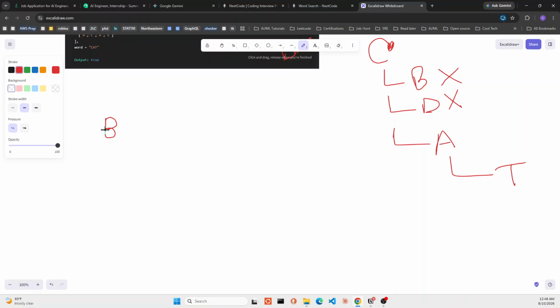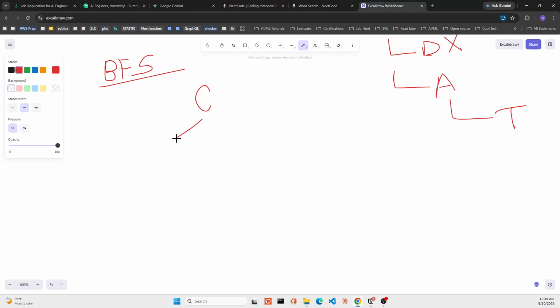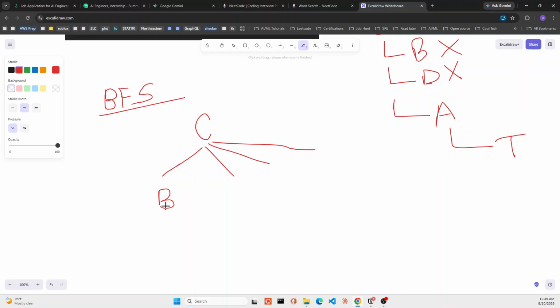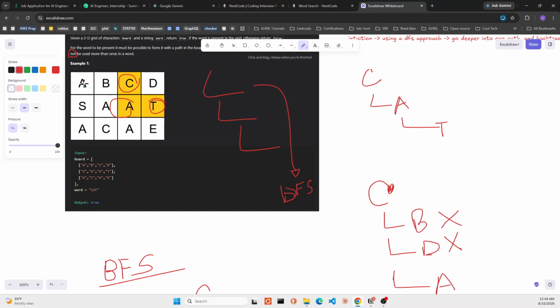Suppose I would use BFS, right? Breadth first search. What happens in breadth first search? We do level order. We explore all the nodes at that level. Suppose we had A, then our C. So we would explore all the possible neighbors of C. So it would be C, B, D, A, right? That level. Then for B, we would have A, A, C,